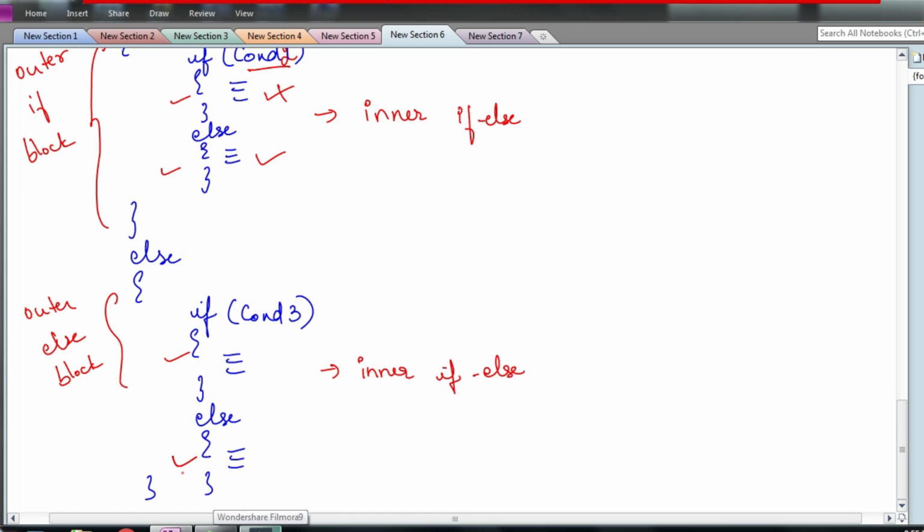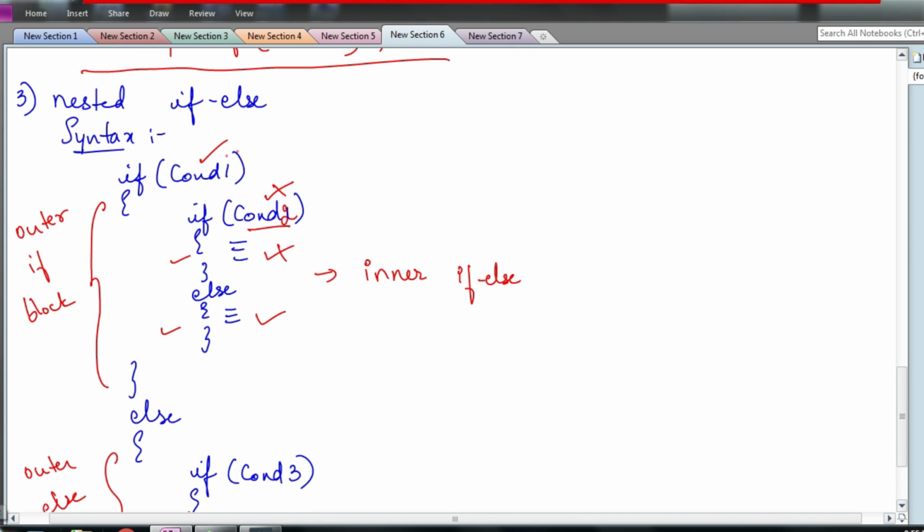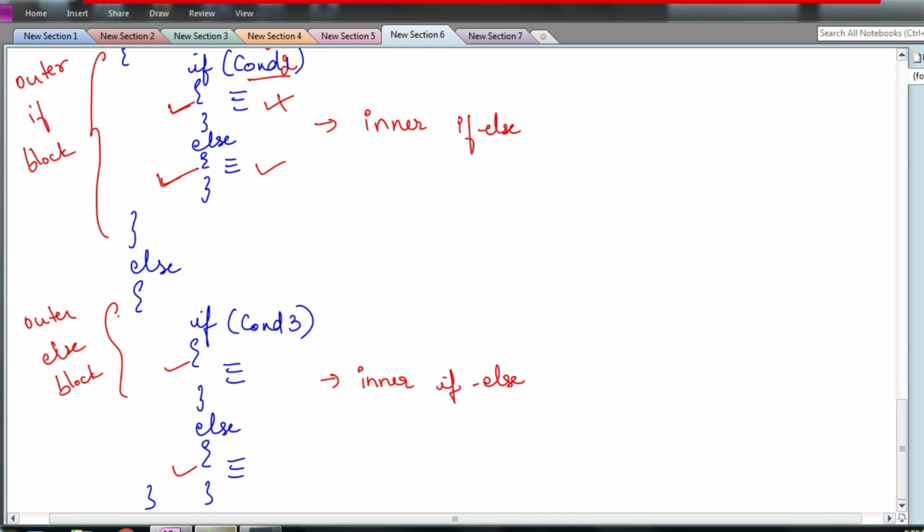Okay, so we have 4 blocks of statements, and of these 4 blocks only one will get executed. If condition 1 is true and condition 2 is also true, then this will be executed and all other blocks will be skipped. If condition 2 is false, then this will be executed and this complete else block will be skipped because the outer if was true. If the outer if is false, then the compiler will not check whatever is inside this if statement. Condition 2 will not even be checked. Directly the compiler goes to this else and here this condition will be verified.